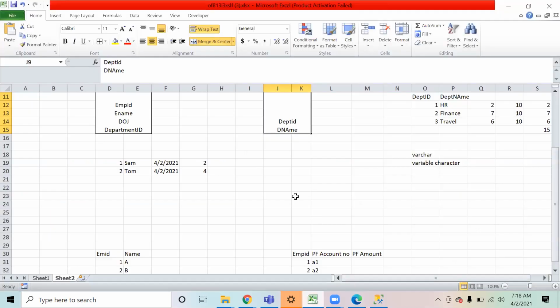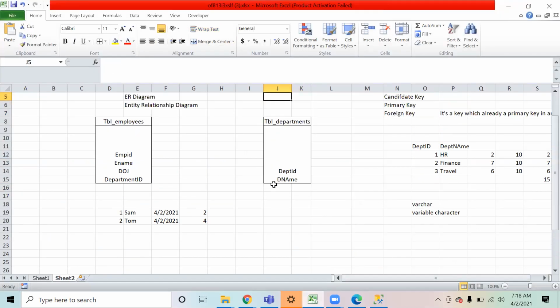This is something that will come logically, right? By understanding the data itself, we will be able to figure that out. So in this case, I cannot make this employees table the parent table. If you try to see it, I cannot do that because employee ID is a primary key in this table, right?